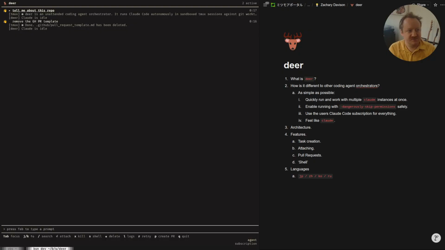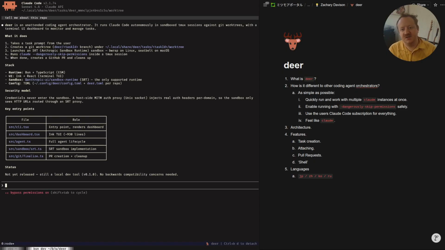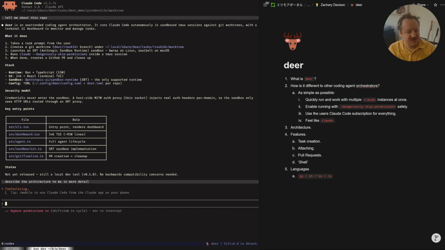So I can hit enter, and I get attached to it, and now I'm just looking at Claude via tmux. So I've got a normal Claude instance. I can say, describe the architecture to me in more detail. And it's just using normal Claude. So I can go ahead and detach from that.